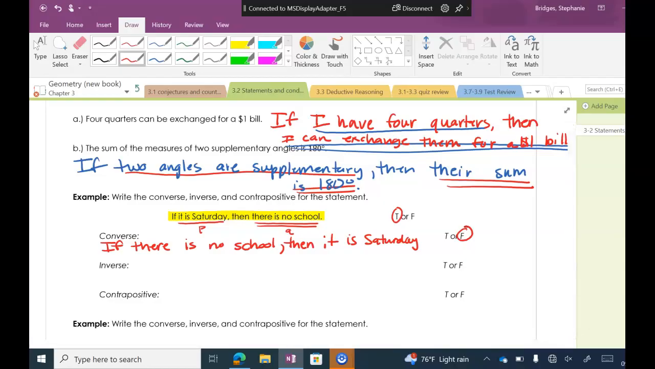Now we're going to write the inverse. Okay. So the inverse goes back to my original statement, and I negate both the hypothesis and the conclusion. So if not P, so let's talk about that. My hypothesis says it is Saturday. So to negate that, I would say it is not Saturday. So if it is not Saturday,